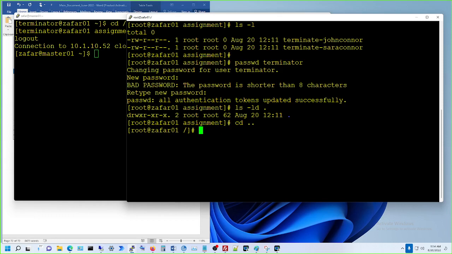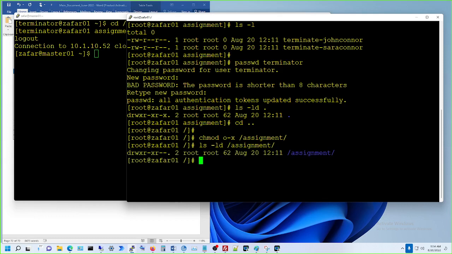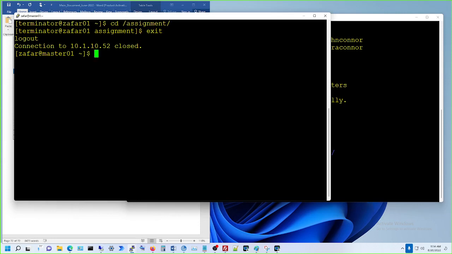Okay, so I'm gonna remove the permission to execute the folder for other and see what happens. chmod o-x assignment. All right, ls -ld assignment. Okay, so now if I try to go in there, SSH,